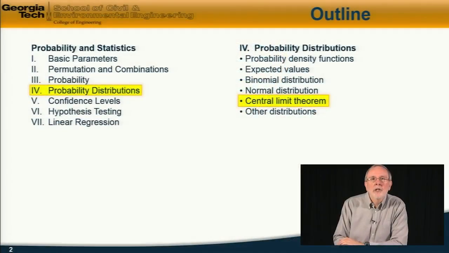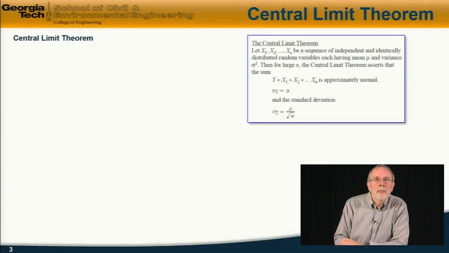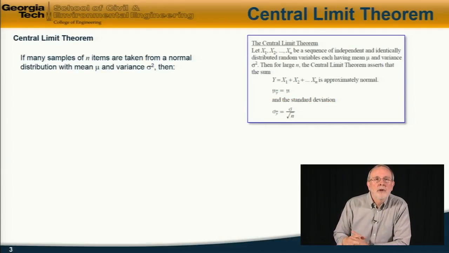Continuing our discussion of probability distributions, now I want to discuss the central limit theorem. The central limit theorem, shown here, states that if we take many samples of n items from a larger population which has a normal distribution with a mean mu and a variance sigma squared, then the means of the samples,